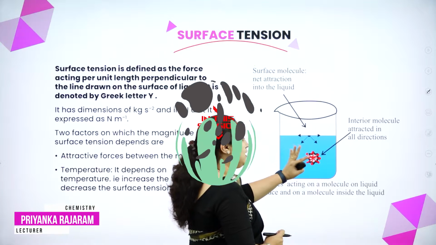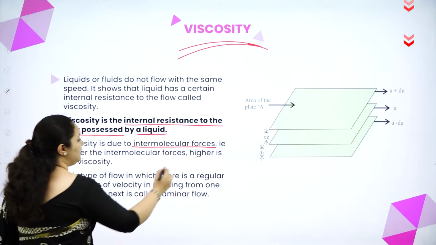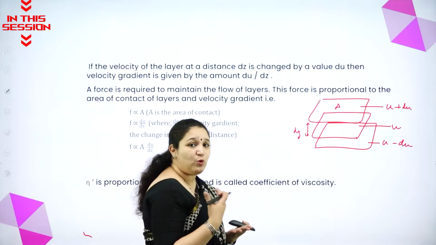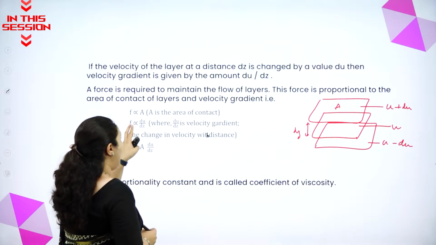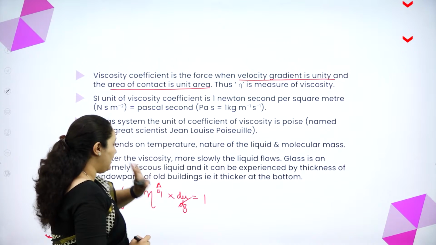Interior molecules attracted in all directions do not have... The higher the intermolecular force, the higher is the viscosity. Force is proportional to area as well as the velocity gradient. When velocity gradient is unity and area of contact is unit area, then